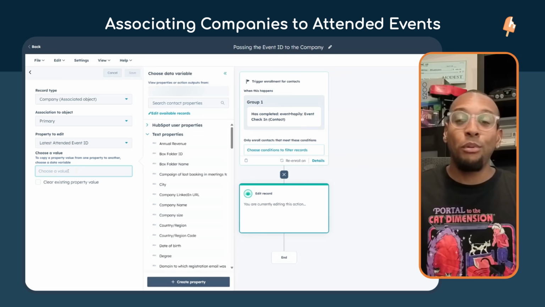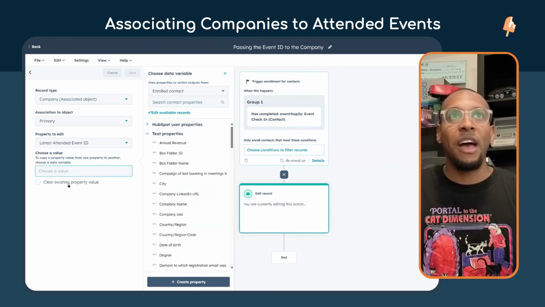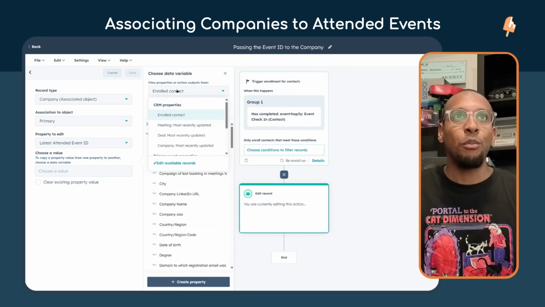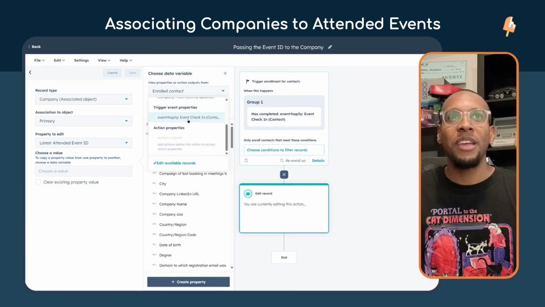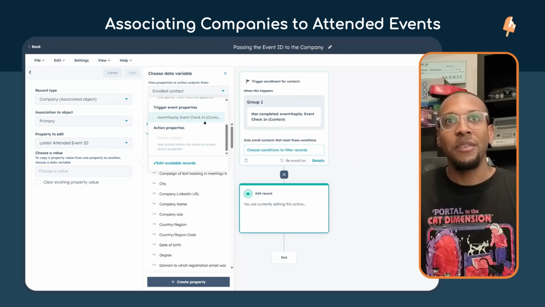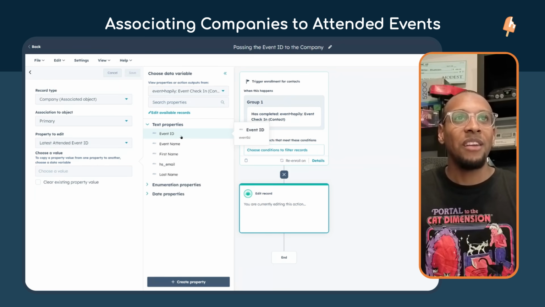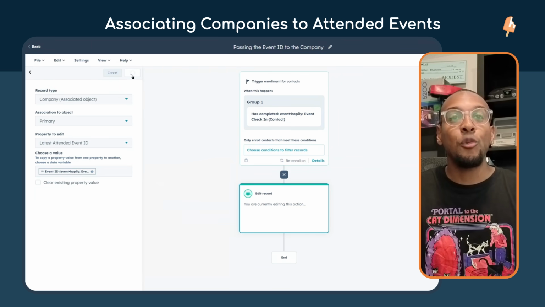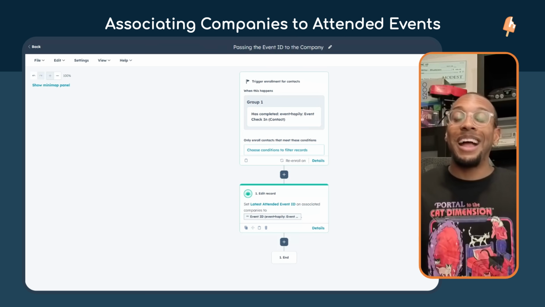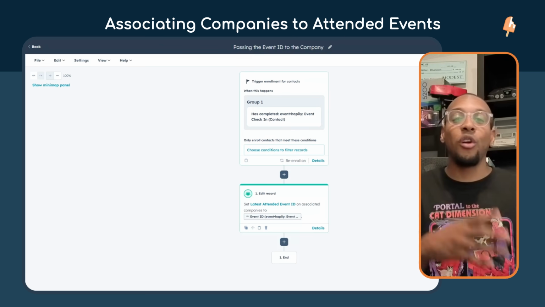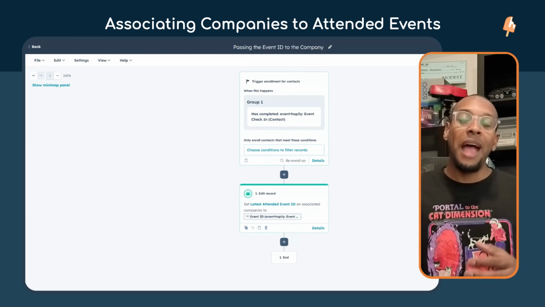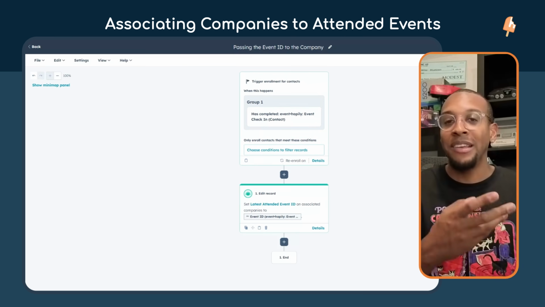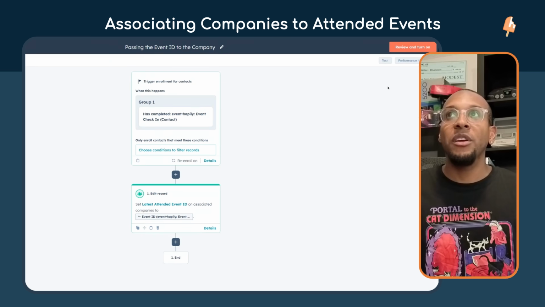So to find that property from our app event, first click into the value, then click into the view properties or action outputs, scroll down, and you should see trigger event properties and our event check-in app event that we actually triggered the entire workflow from. Once I click that, click event ID, and there you have it. Super straightforward. Now what we've done is when a contact attends an event, this workflow will fire based upon the app event firing, and it will then copy the event ID and put it onto the contact's primary company. Now we'll turn this on,